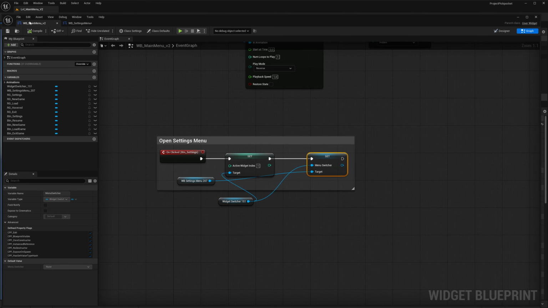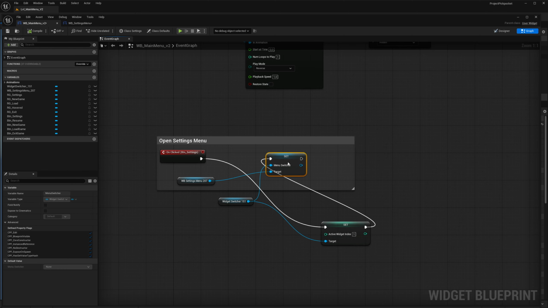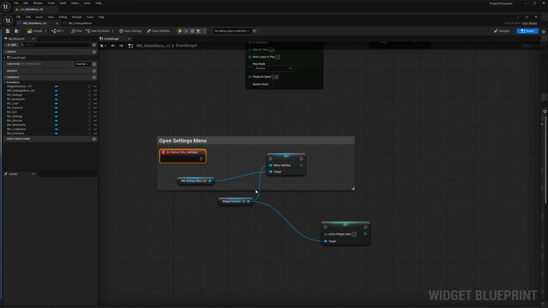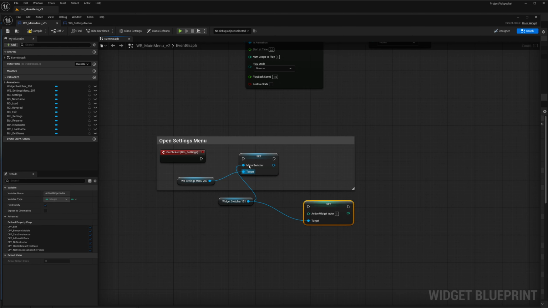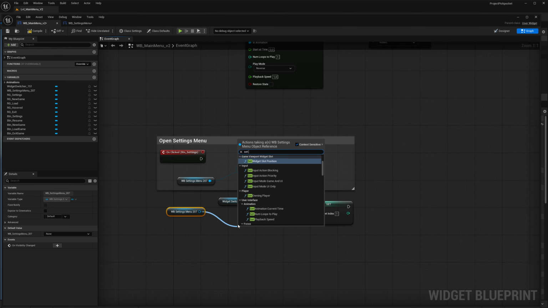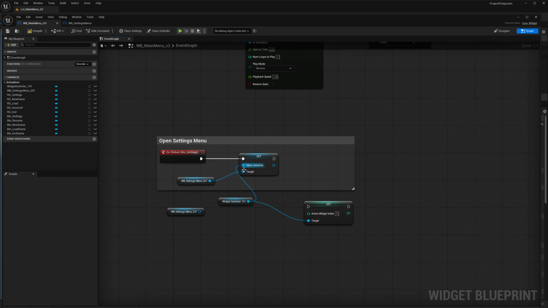Now go back over to your main menu and go over to where we open up the settings menu, right? So let me just show you what I did here. We can remove all these pins because the way I had it set was incorrect. Okay, so what you want to do is get your settings menu reference from here, because we've added it as a switcher, and we're going to go set menu switcher v2. V2 for you, for me it's just version 1, right? And connect that up, and then as the menu switcher you want to set your widget switcher as that one,